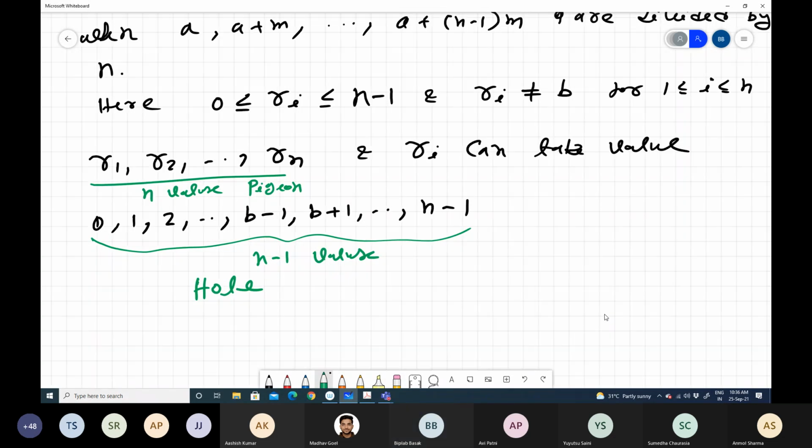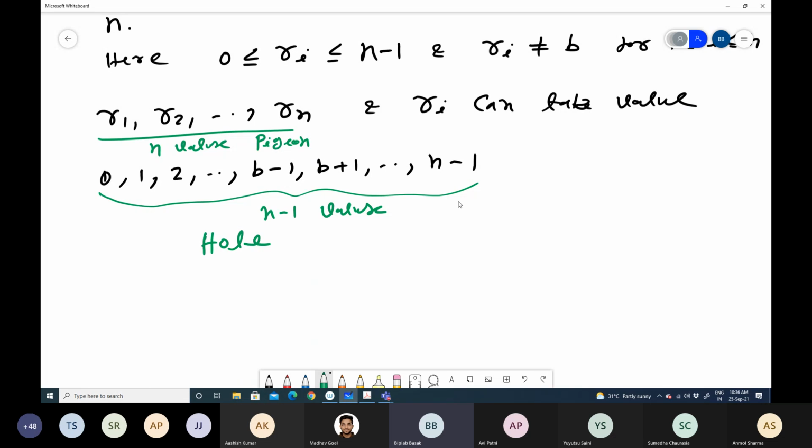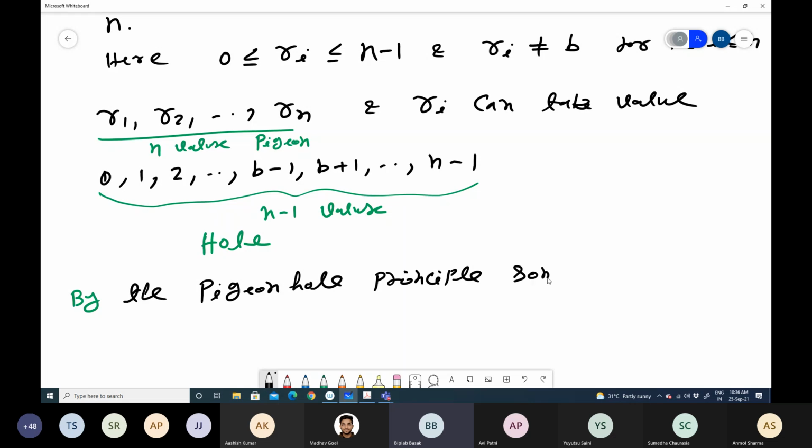So this is my hole and this is my pigeon. And similarly, by the pigeonhole principle, we can say that some number